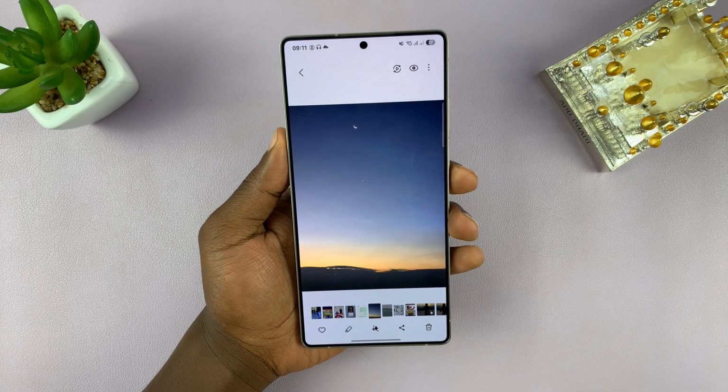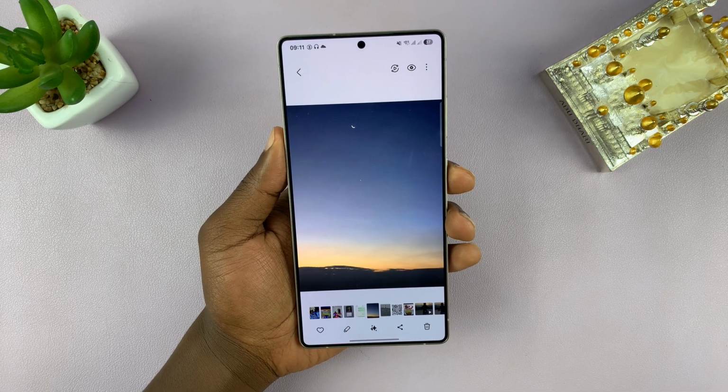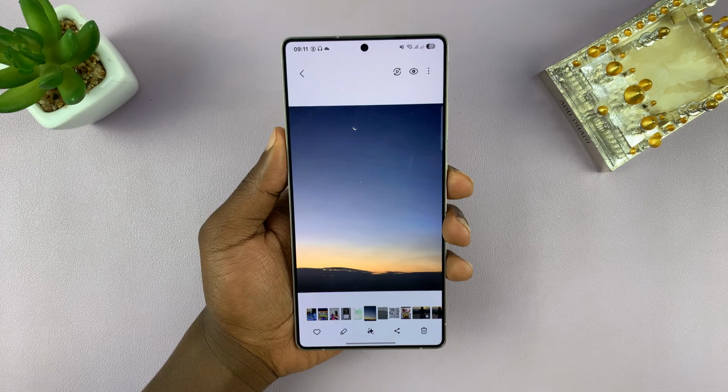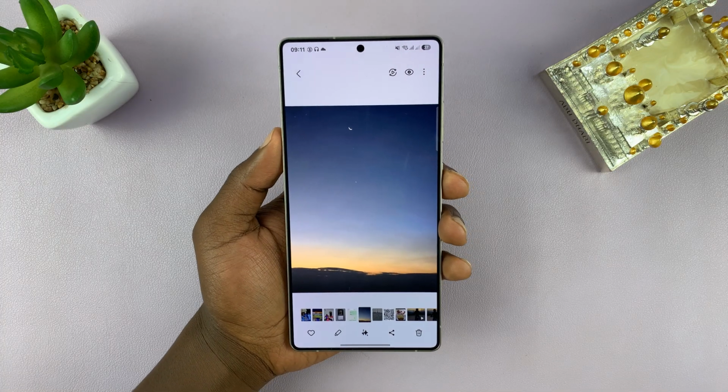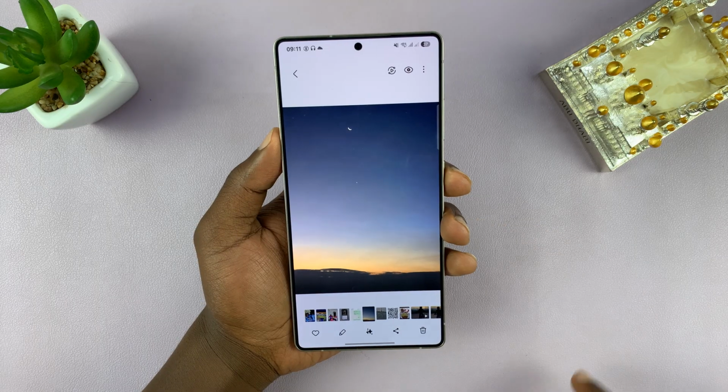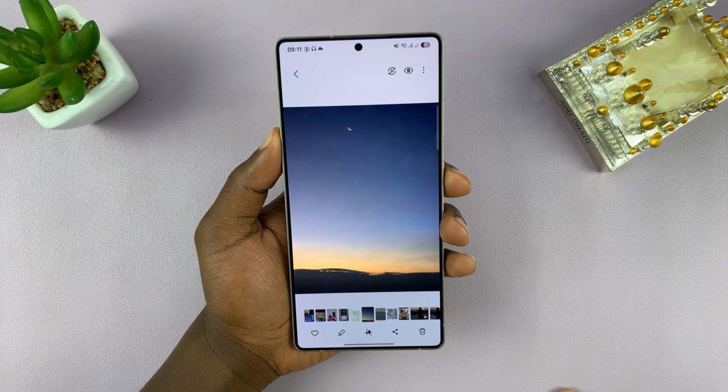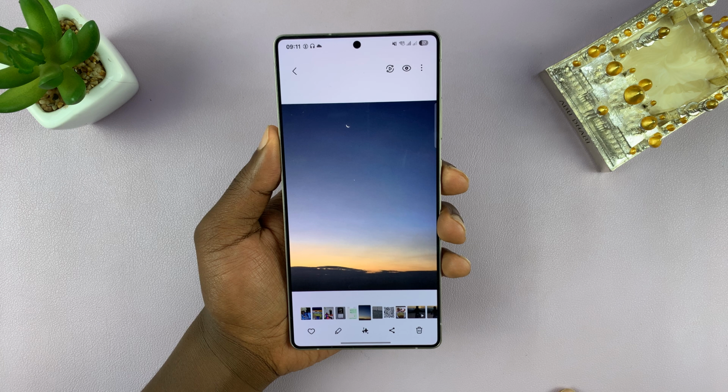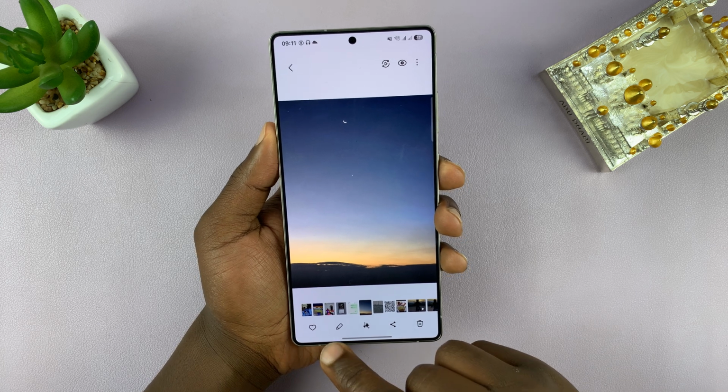You can see this is the sky at dusk, but this photo looks plain. So you can imagine anything, let's say an aeroplane crossing across. So how do we add an aeroplane into this picture? You can actually use AI to do that. So if you go into